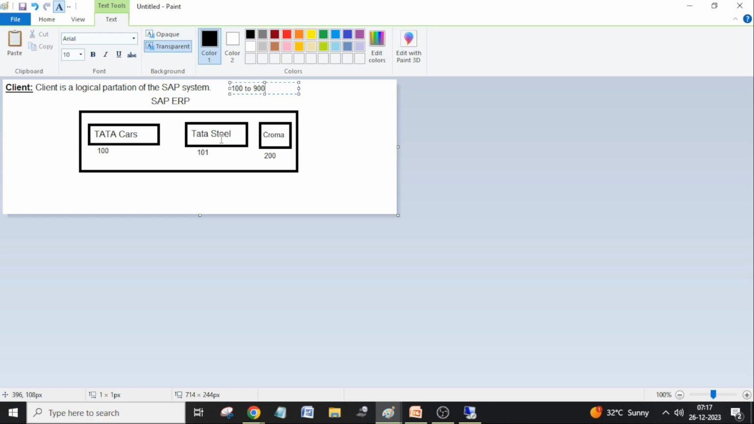Whenever your login is created, your user ID and password will provide access to the specific clients required. But the database, application server, and everything else is common for all the clients. Okay,